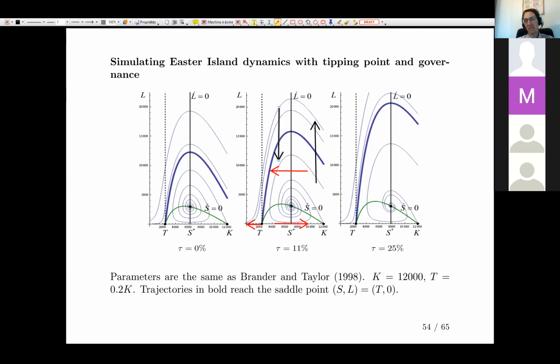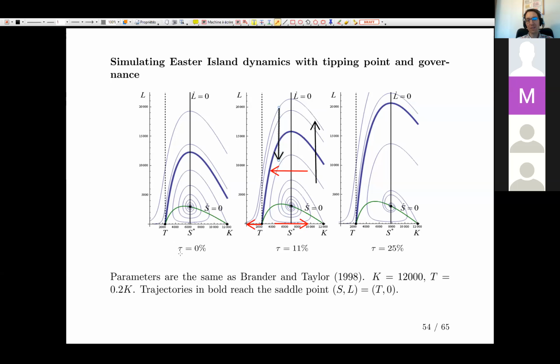Yeah. So this is the dynamic for one island, and they show it for 3 different degrees of governance. So here taxes are 0. In the paper it's not taxes, but I changed it to make it look like the previous model. I don't know, by the way, why they didn't do that. I think it's better to stick to the previous model.